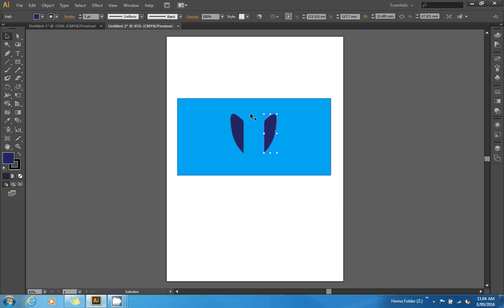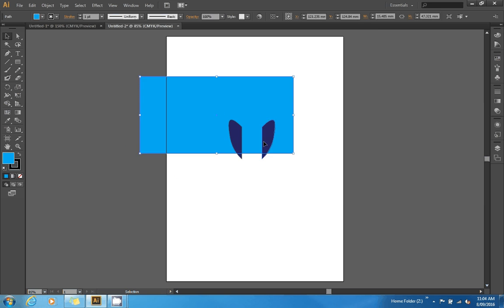Okay, if we want to get them both aligned, just hold your shift key, click on both, and you can simply align different types, align the tops, and align the centers. That doesn't work too well. So there is a variety of tools that you can use. Alright, now that I've got that how I want,